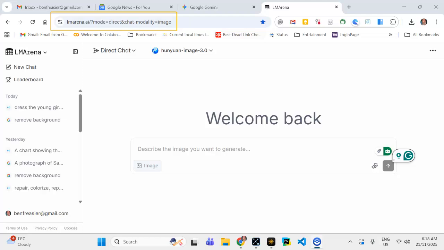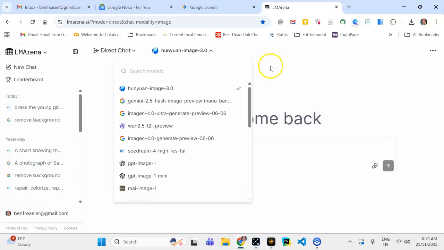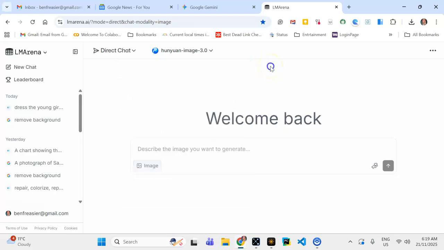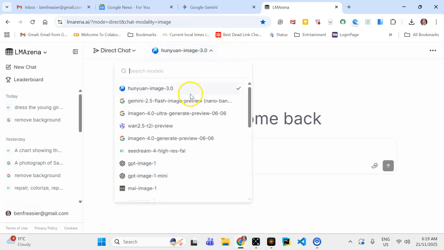At any rate, there's two that I use. There's Gemini Nano Banana and Seedream 4, and they're both very good, but sometimes one does a little better than the other. All right, so let's start with